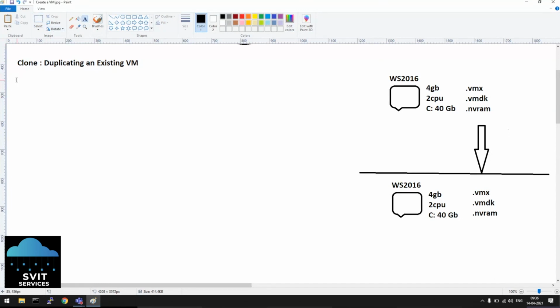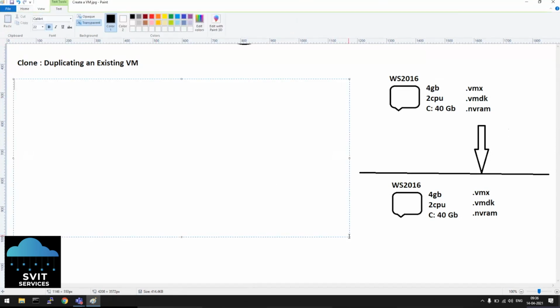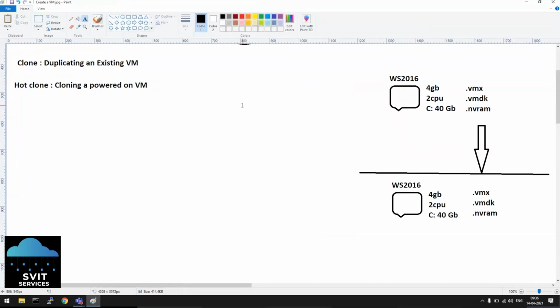So clone is exactly making a duplicate. There are two types of clones. Hot clone: cloning a powered on virtual machine. When the source VM is in powered on state, on and running, some applications are running, or maybe nothing is there, just the OS is powered on and left like that, we can clone.